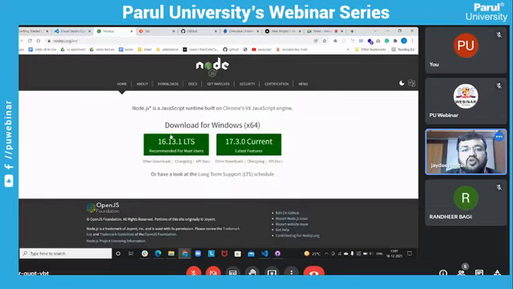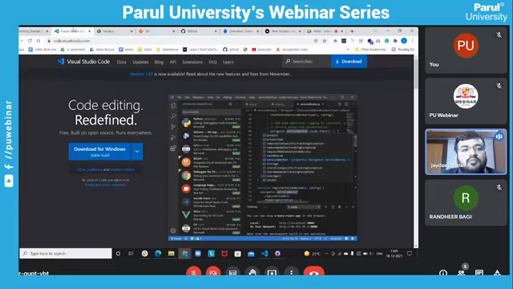Second, you need a text editor. I personally prefer Visual Studio Code, so today I'll use it. Third is a package manager. You can use npm or yarn, but in most companies people use yarn because it's faster than npm.